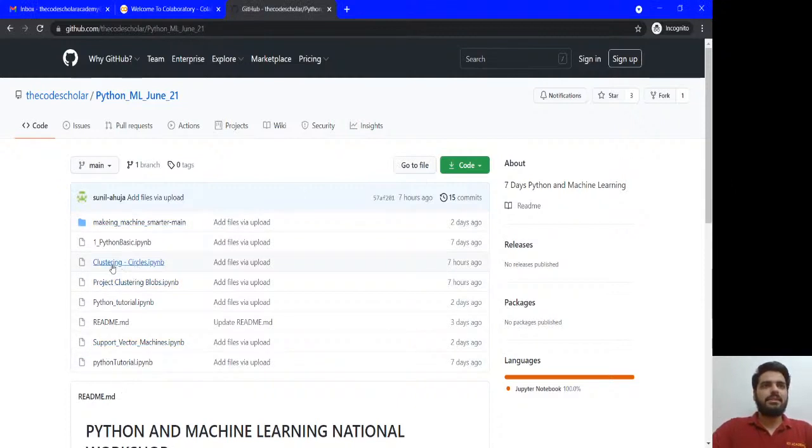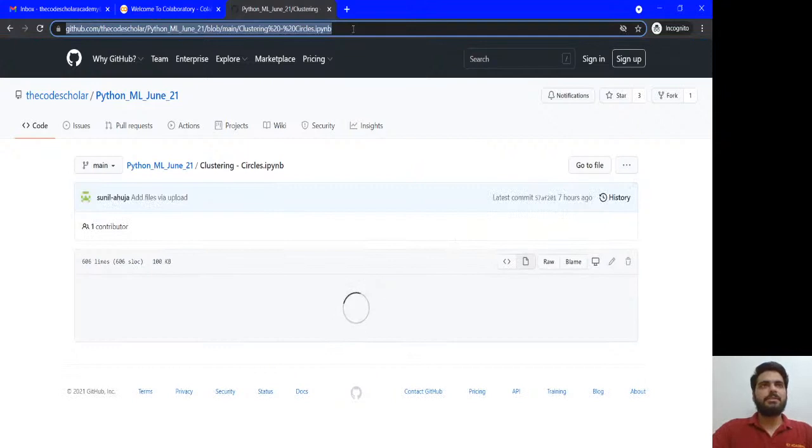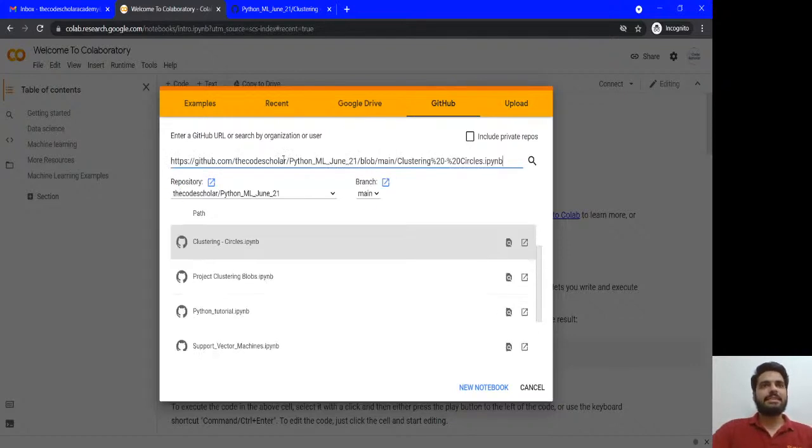Here it is, clustering circles. This is the work that I have already done and uploaded today. So you copy this file, the GitHub link, and paste it in your Google Colab under the GitHub section and select this one, clustering circles.